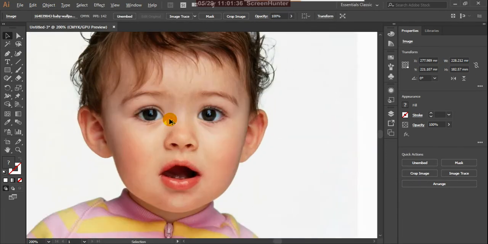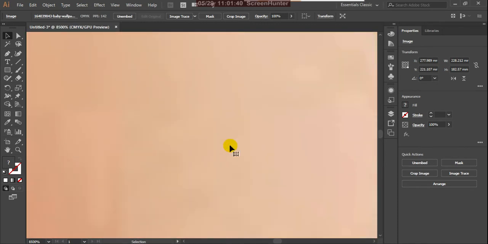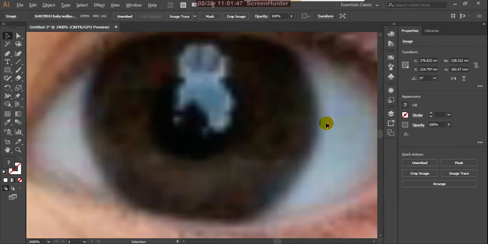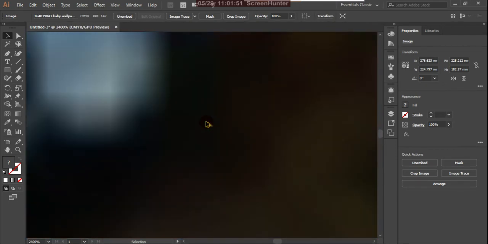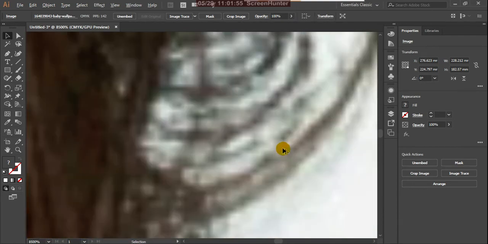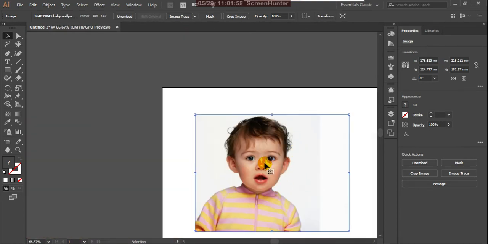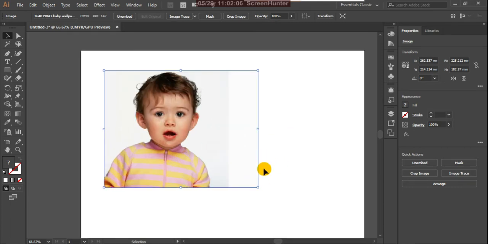Yes, so if you observe, this is a raster image, because when you zoom this, still it is giving the pixels. Even you open this in the Illustrator program, it is pixelating. The reason is it is a raster image. Okay, so we have to vectorize them. Sometimes we want to use vector pictures.